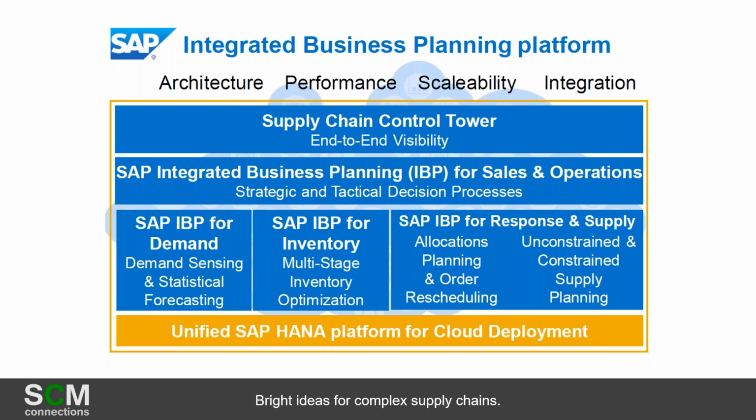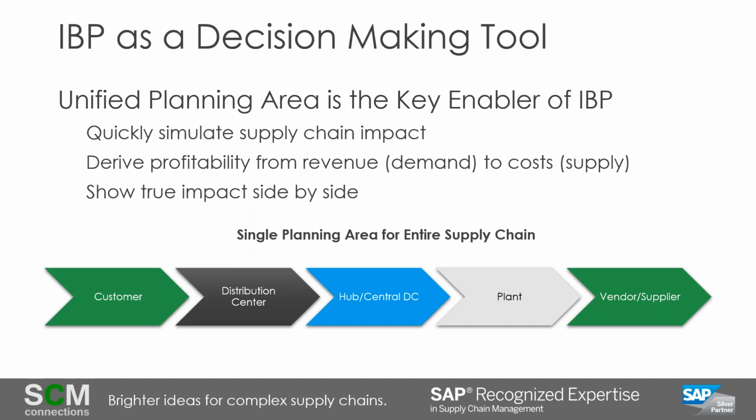So if you go to the next slide, Kyle, this is what we're going to walk through today, which is a lot of how IBP's decision making works. You can see how the ripple effects occur up and down a supply chain. So customer demand, what does that do to transportation? What does that do to storage? What does that do to service? What does that do to procurement? What does it do to capacity? And then what sort of pressures do you put on your vendors? Those are all questions that you get during these scenarios. And rather than doing these calculations on the back of a napkin, or gut instinct, or a spreadsheet, we're going to show how IBP can provide those answers to you in a very succinct way.